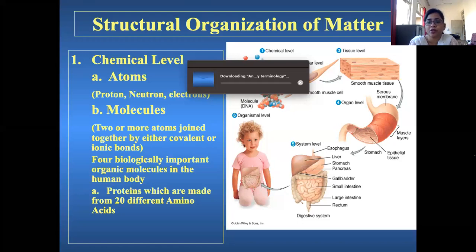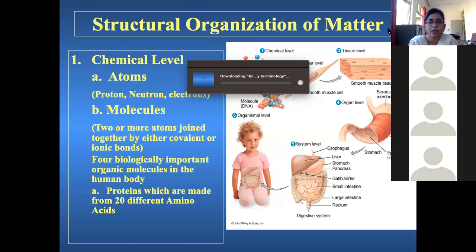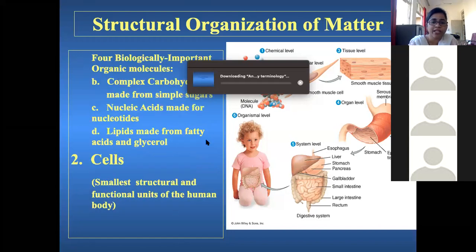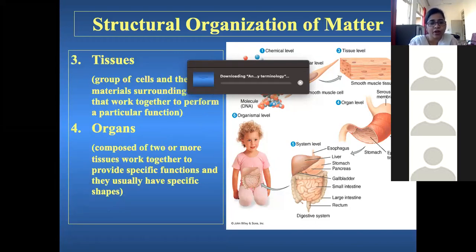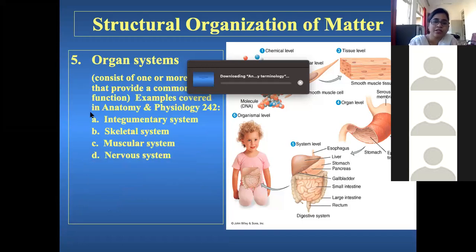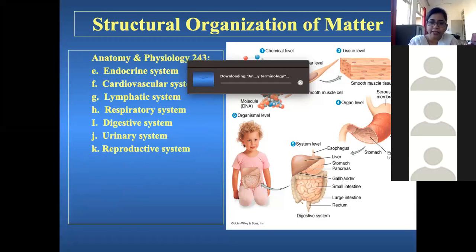Especially when we are talking about the human organism, which we are going to concentrate on in this particular area. This is what we are explaining in this presentation: the cells, tissues, organs, and organ systems. Various organ systems you are going to learn: integumentary system, skeletal, muscular, nervous system. All this you are going to do one by one in detail.